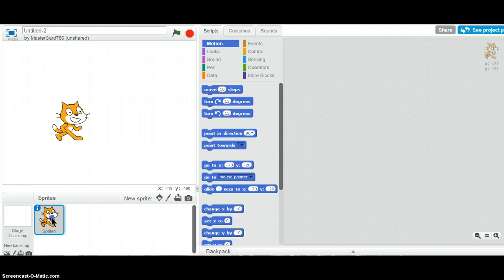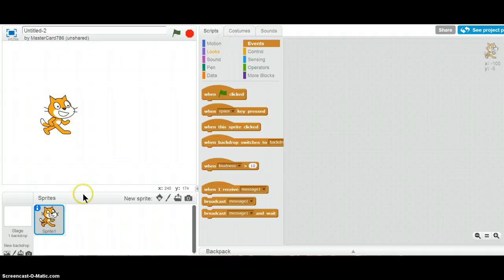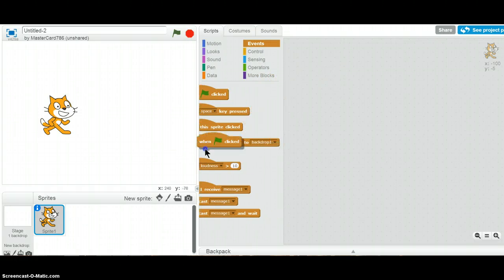You will need the cat, and you will create or draw a new sprite, which is the mouse. And then you can add code on the right side to Sprite 1. And then if you have another sprite, you can add code to that too,